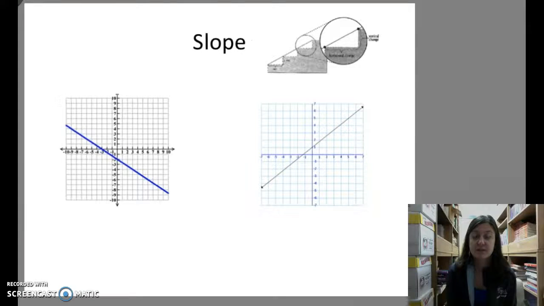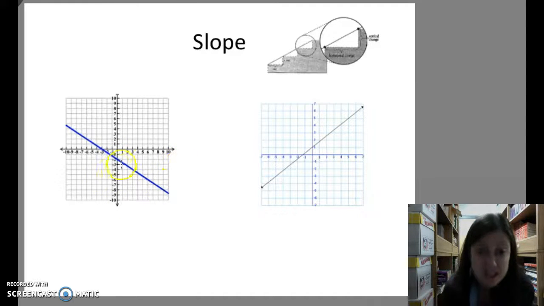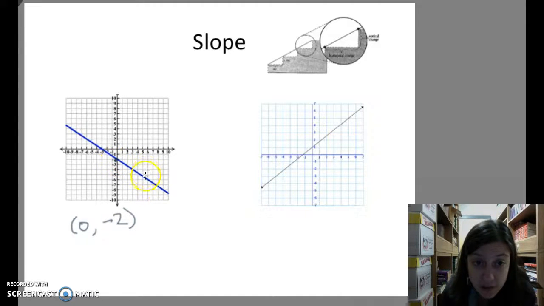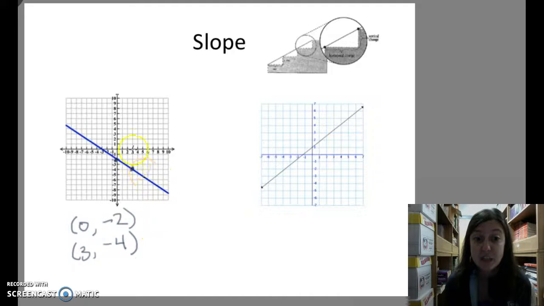Okay, now when you're finding slope from a graph, there's 2 ways to do it. One way is to actually go and start drawing on it. This one's harder to do because you can't really see it. So what we're going to do is plot some points. This point here is 0, -2. This one here, let's find another perfect point. Let's go right here. That looks like a point. 3, -4. Now you see how I went through and I plotted points that totally, truly look like they go through an intersection? Always, always, always